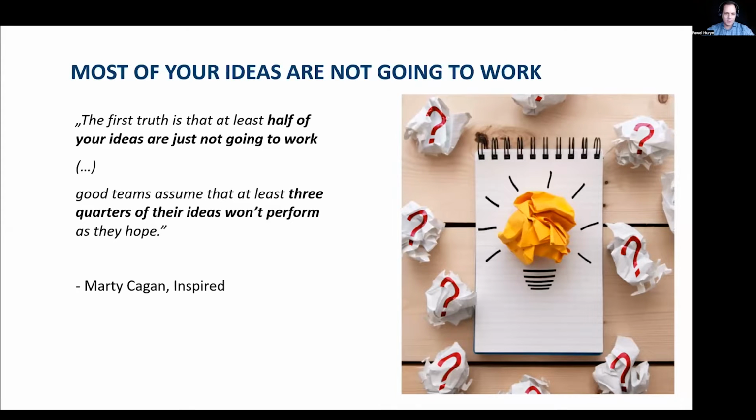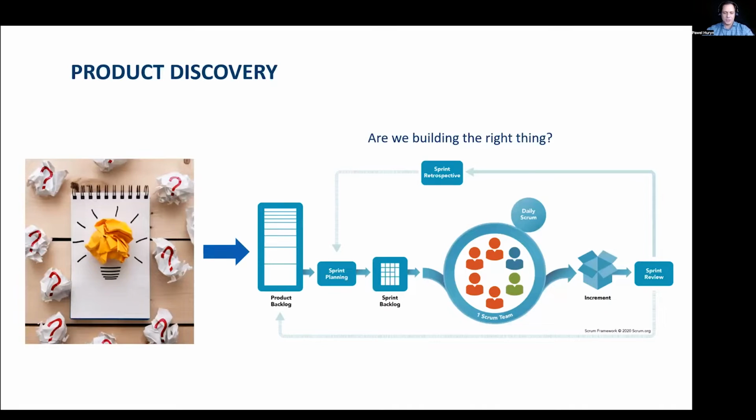So the quote that you see on the screen is a quote from Marty Cagan from Inspired. And the truth about product management is that at least half of our ideas are not going to work. Also, Marty Cagan mentions that strong product teams assume that at least 75% of their ideas won't perform as they hope. So this might be a problem, because when we look at the traditional diagram, this is Scrum, probably the